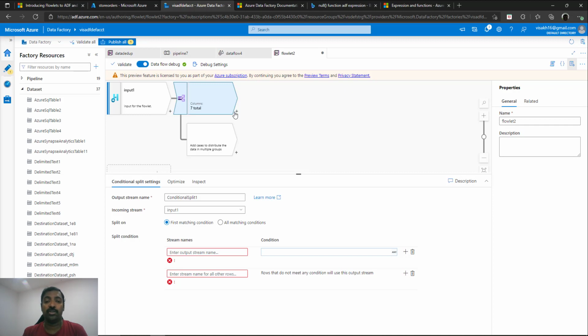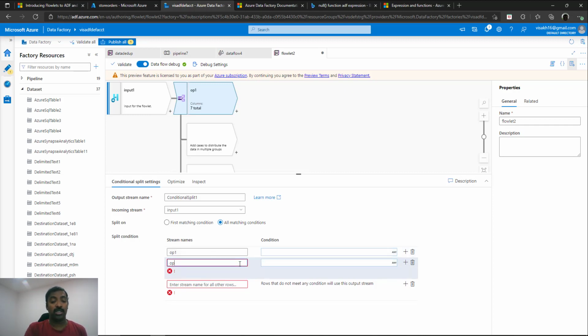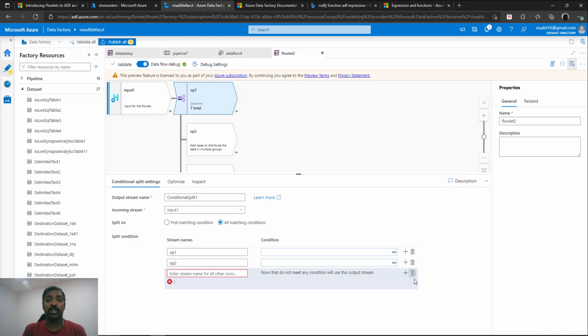So let's see how we can do that. We'll just define two outputs. So we are going to click on all matching conditions because we need to get all the rows on both the outputs, and we'll be defining two outputs. One would be OP1 and the next output will be OP2, and we are going to remove the default output. We don't need that because we are going to just clone the incoming stream onto two output streams, and here